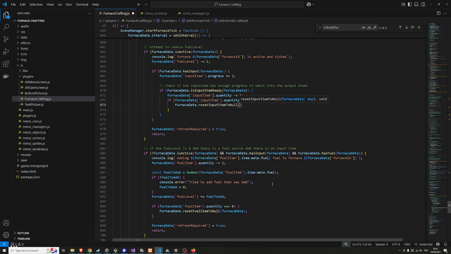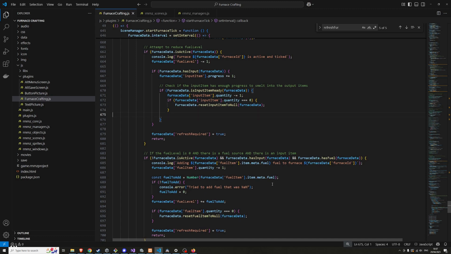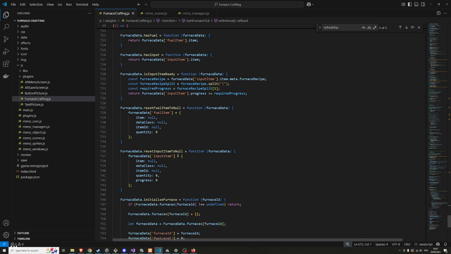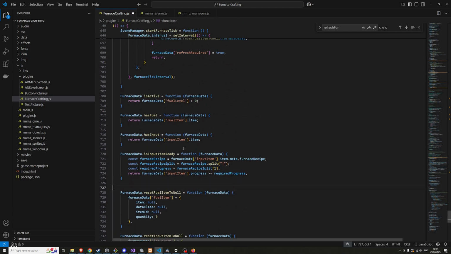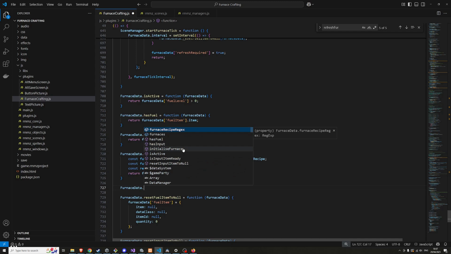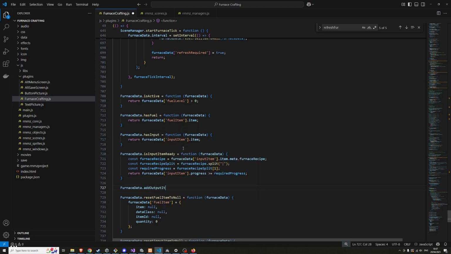Set input item to null and pass in the furnace data. And then we need to grant the output items, so that should be another function of its own. Add output items. So it's going to be furnace data, but then there should also be